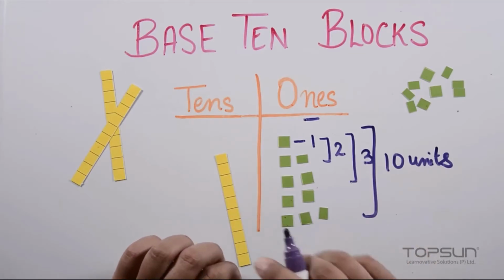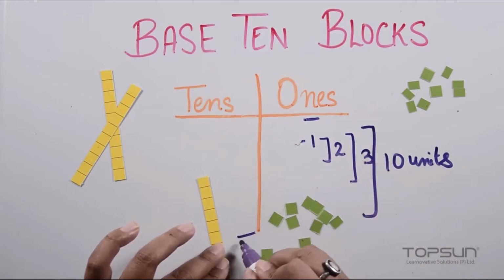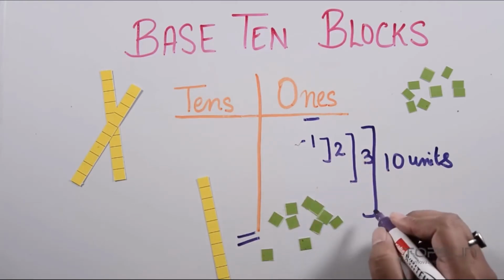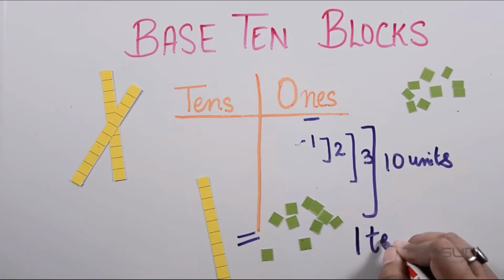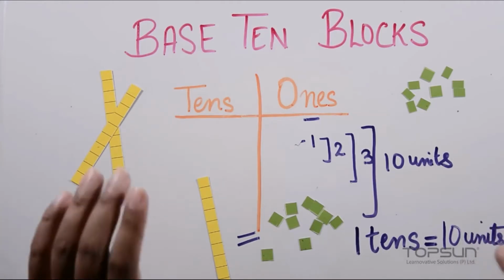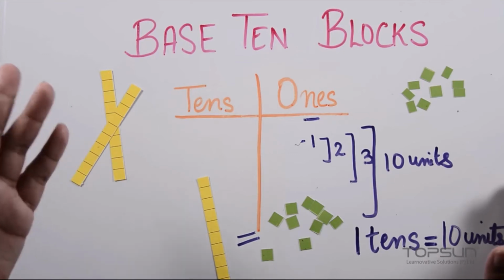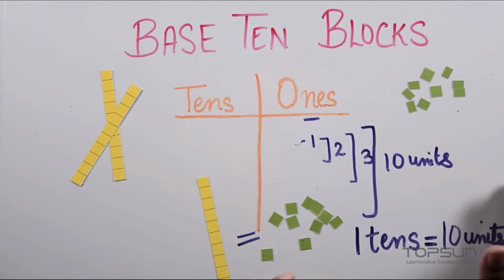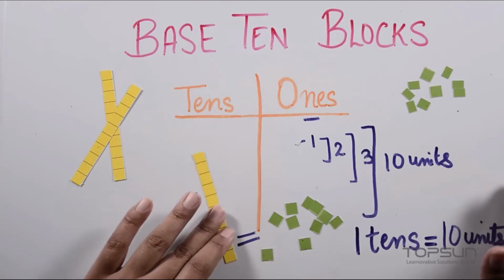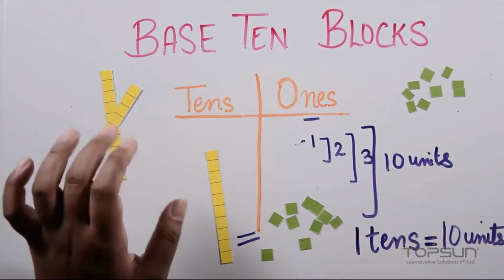So by continuing this, they will explore the grouping of ones into a ten rod. That ten rod is equal to 10 units. When kids perform this physically, they can visually compare and start thinking on their own, whether I got too many pieces or too few while making 10 units into a ten rod. Now they will understand that both are actually the same thing, just different ways of showing.